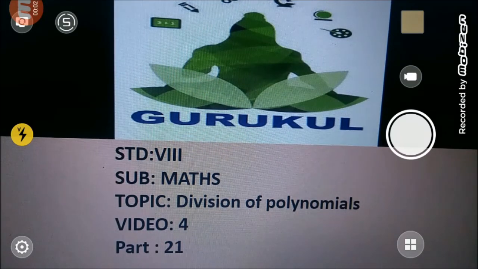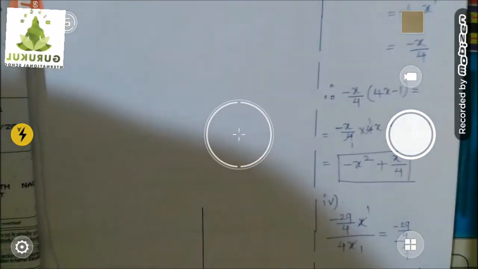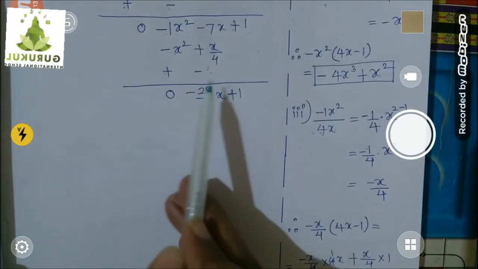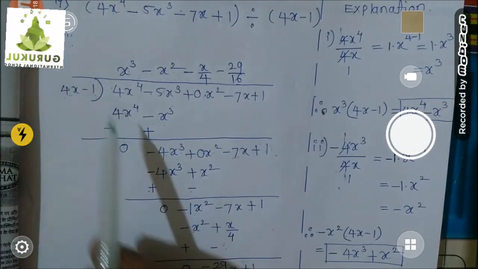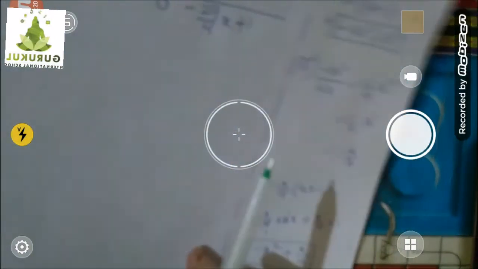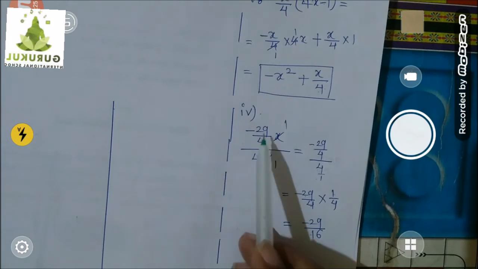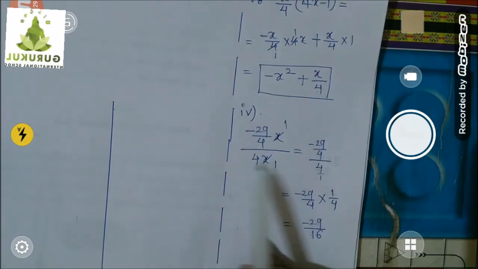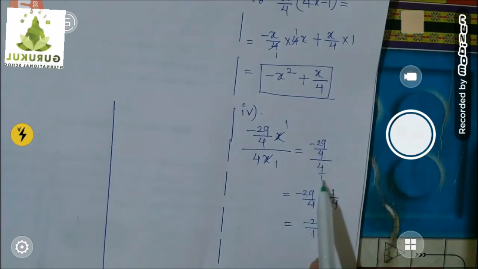Welcome back children. Let's continue that example. So last time, what did we do? We took the highest power term from here and divided by the highest power term from the divisor. That means we took 4x. So we divided this upon this. x by x got cancelled. Then we divided numbers. So the upper one was a fraction divided by the lower one, which was only 4, but I wrote it in terms of a fraction, 4 upon 1.